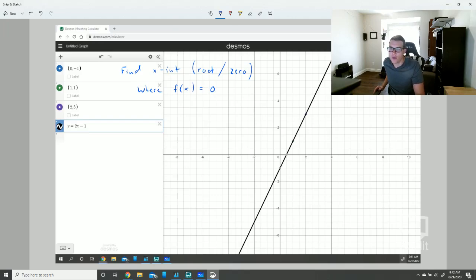But when I want to find the x-intercept, you take the function 2x minus 1 and you set it equal to 0. And you have a little equation that you need to solve. So you need to use whatever algebraic strategies you have to solve this equation. I'm going to add the 1 over and divide by 2. And lo and behold, I get x equals 1/2. Now, some of you like to give this to me as a coordinate, which is fine. I actually don't mind this answer in this class, as we'll see going forward, but you can give me both. But the x coordinate a lot of times is going to be what we're looking for. The y coordinate